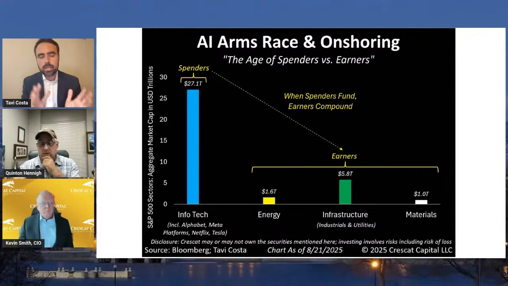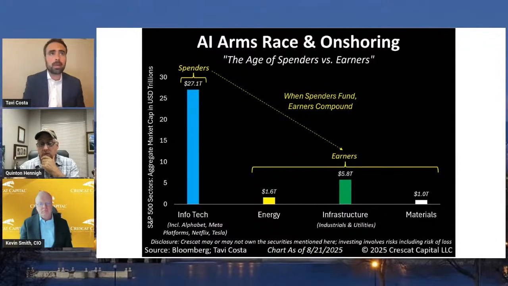And I'm going to talk about 3 pillars that I think are going to be important here. We can come up with a lot more, but I do think simplifying the idea is important. There's 3 pillars of investments that I think are going to be really important in this arms race that we're about to see. Energy, and you can come up with ideas on natural gas. You can talk about solar panels. Some people like to talk about nuclear. Nuclear is a solution for the long term, not near term. And you can talk a little bit about solar or the coal industry coming back and the revival of those aged assets. That's one portion.